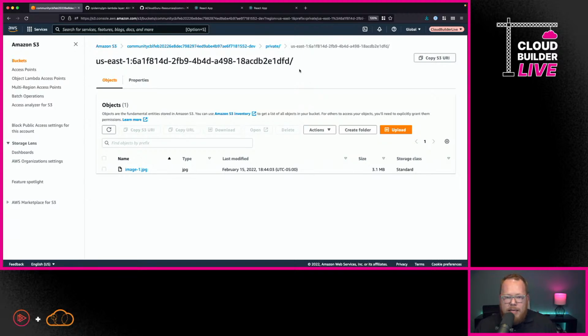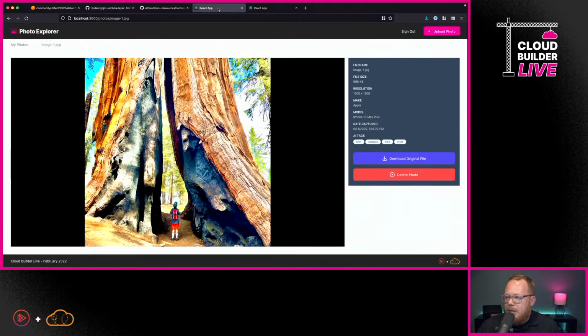Perfect. So with that being said, let's just go back through the list. We've added in hosting, we've added in authentication and authorization, we've added in storage for our photos, and we've verified that that works. There's one real step left that I want us to take a look at, and that is, I want us to implement this custom processing. This is what's really going to enable this application to work.